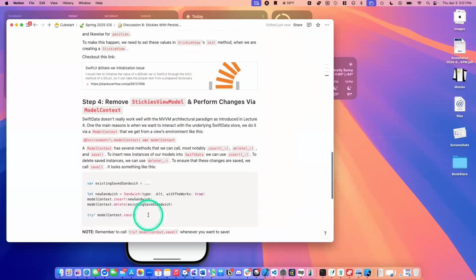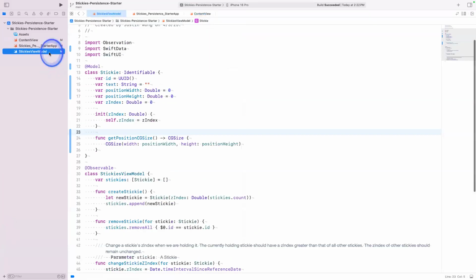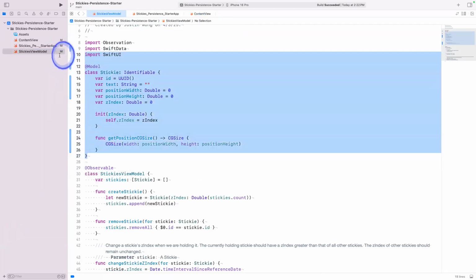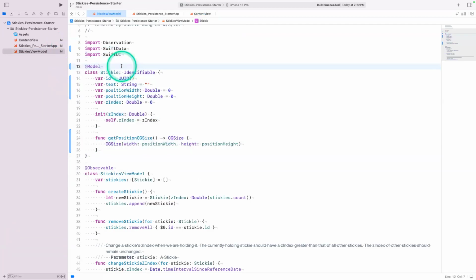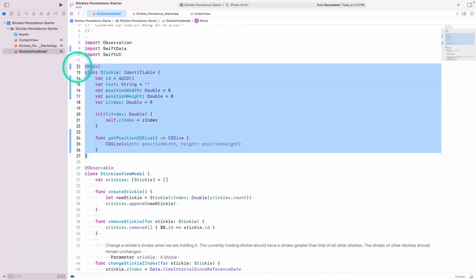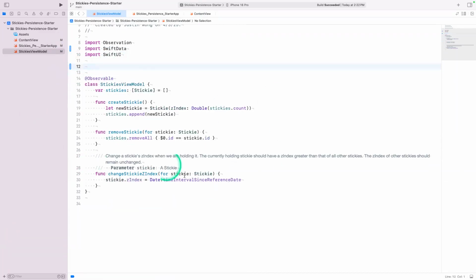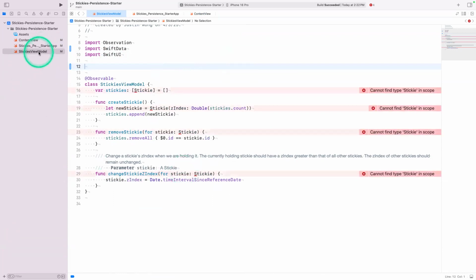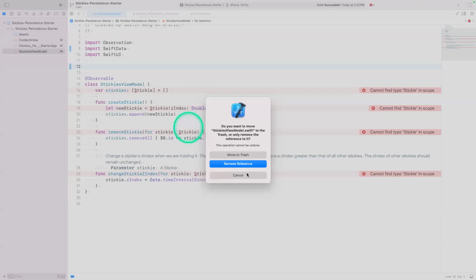Due to time's sake, you can just follow along with me for this. Okay, all right. So again, there's a lot of things that we want to do. One of them is we're going to say bye-bye to our view model. We don't want it anymore, but we still need to keep our sticky, that's our model. But all of this view model is going to go bye-bye. So we're just going to go to delete, and then move to trash. And then here we're going to create a new file